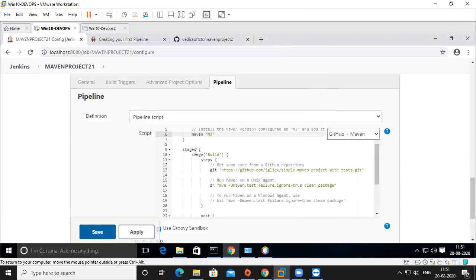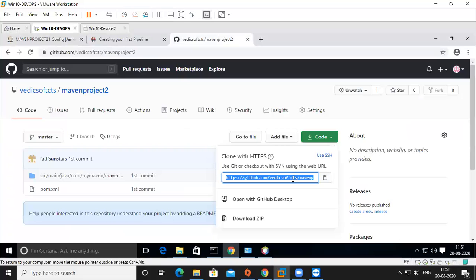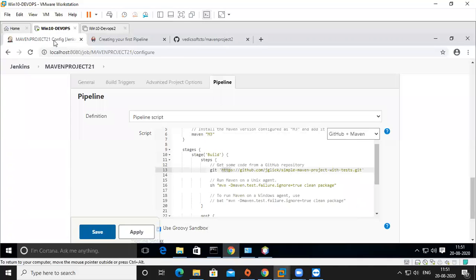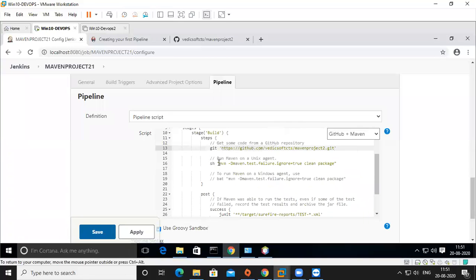So here it is stages. You can create multiple stages, not only one stage. This is stage one, the build name is build, so you can use anything. And here the Git link is given because I'm using Git. So I'm going to the Git link, copying it, and coming here. I'm removing this default Git and putting my Git. Can you see this sh?